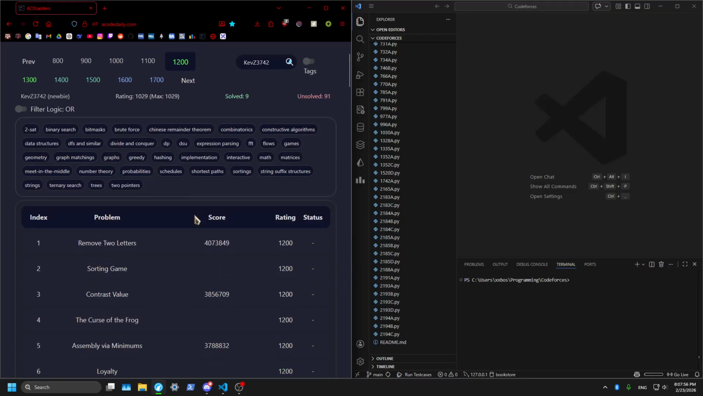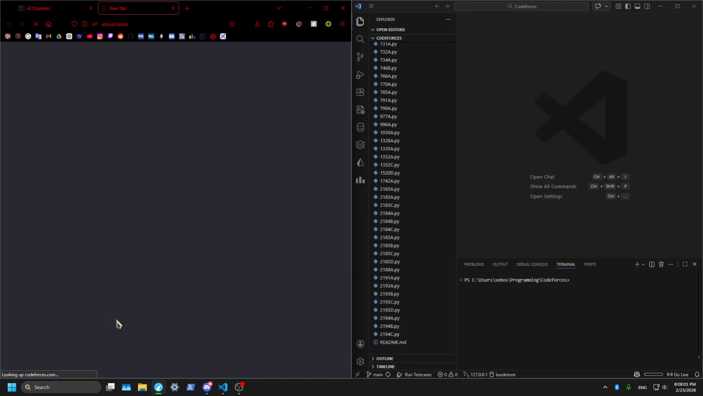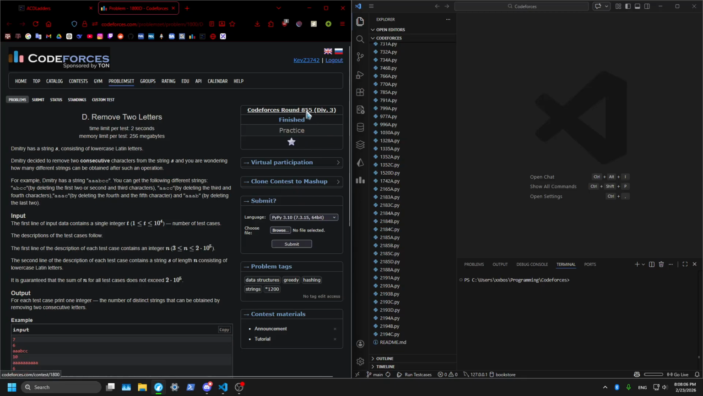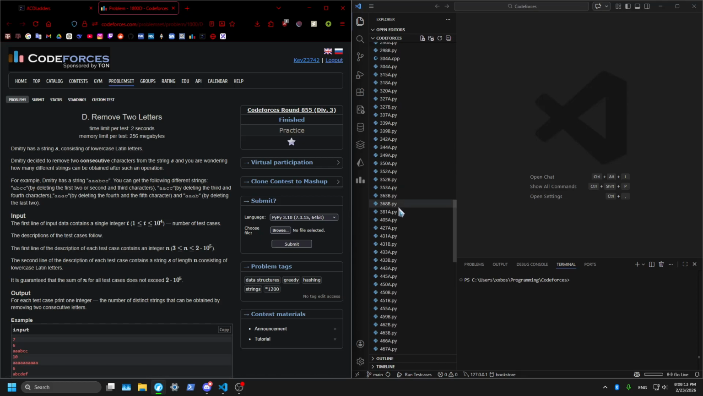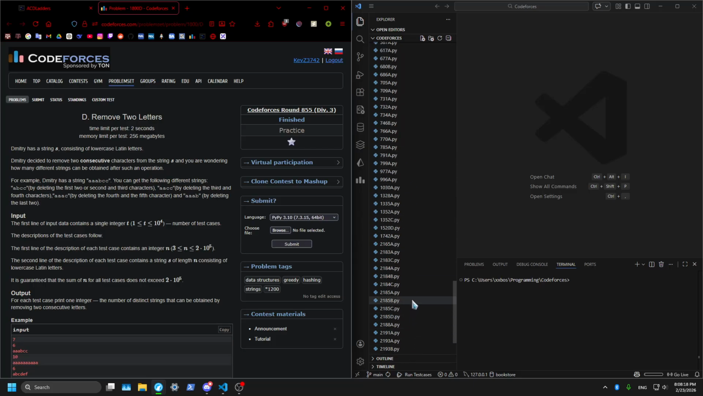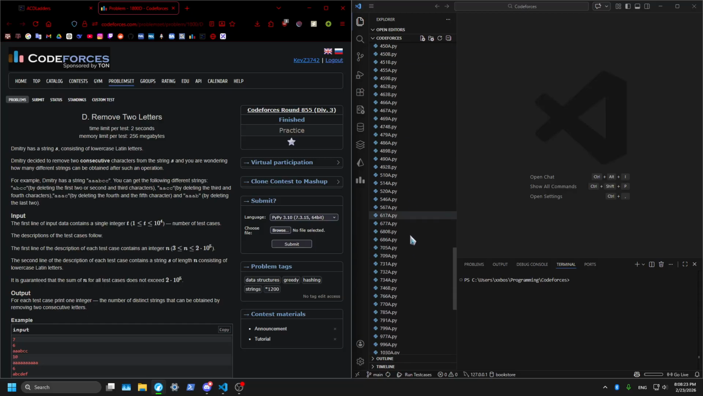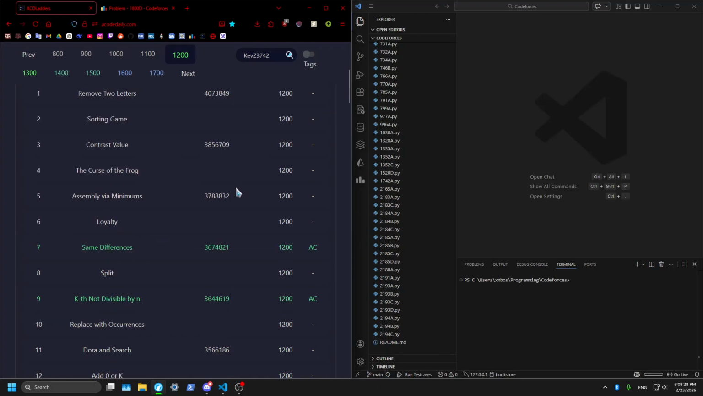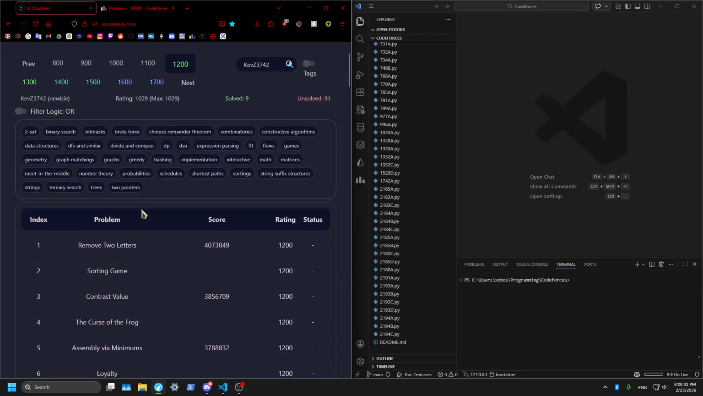Supposedly these questions are more modern questions. So for example, let's start with this one, Remove 2 letters. This is Codeforces round 855. The ones we've been doing have been from round 1 to round 500. Some of these are newer ones, but most of my questions are very early questions. 855 is right in the middle of the pack, I guess. But some of these questions, like Same Differences,